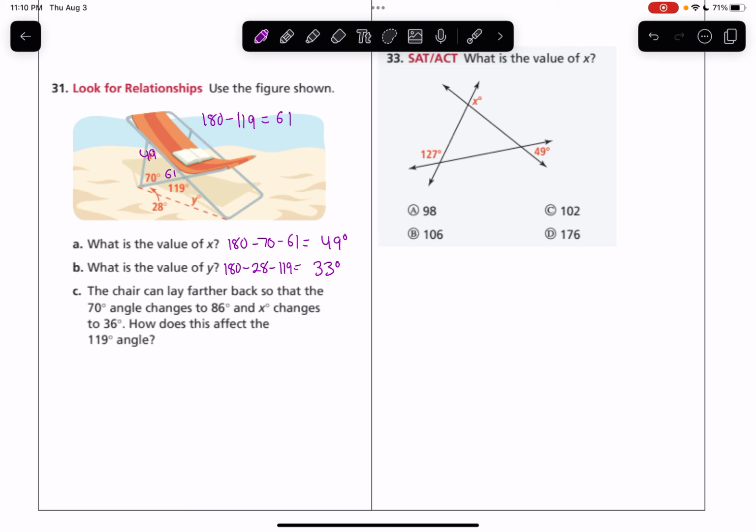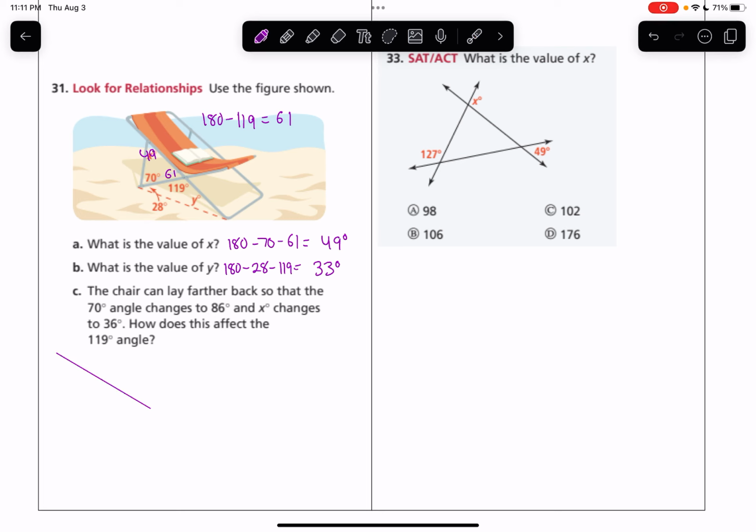And then C, the chair can lay farther back so that the 70-degree angle changes to an 86-degree angle. So this angle is going to change to an 86-degree angle. And X degrees, this one right here, changes to 36 degrees. How does this affect the 119-degree angle? Well, if we redraw this triangle and show what's going on there,